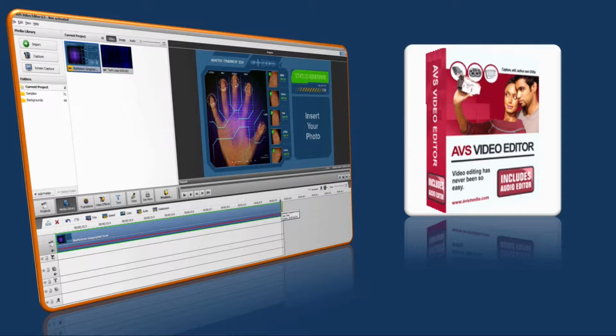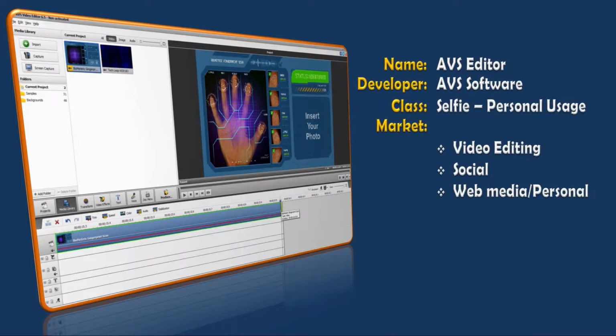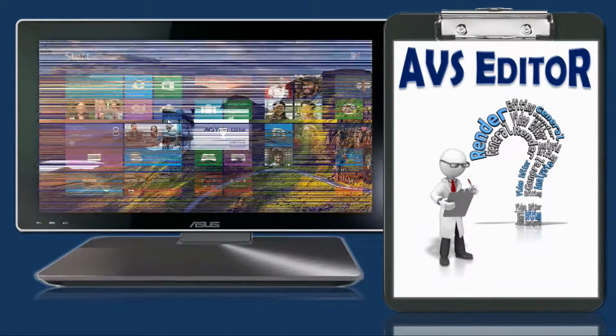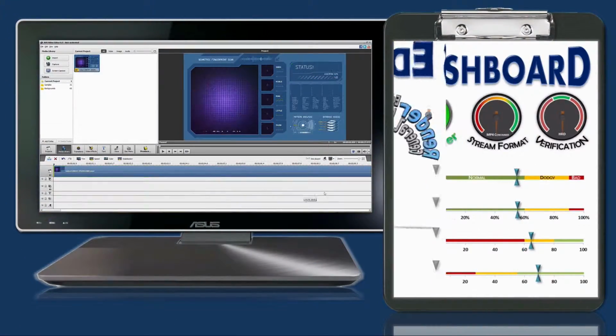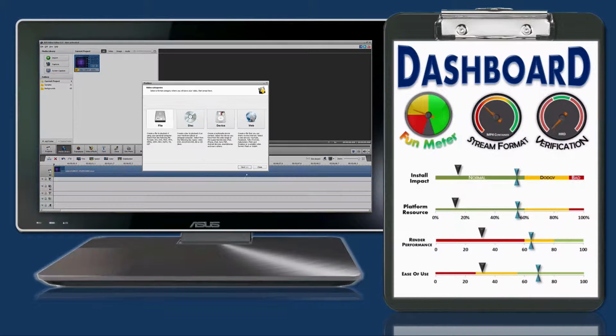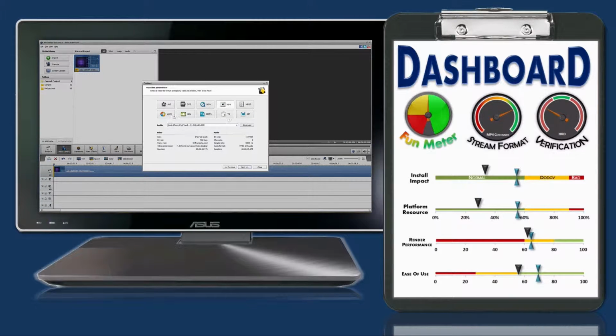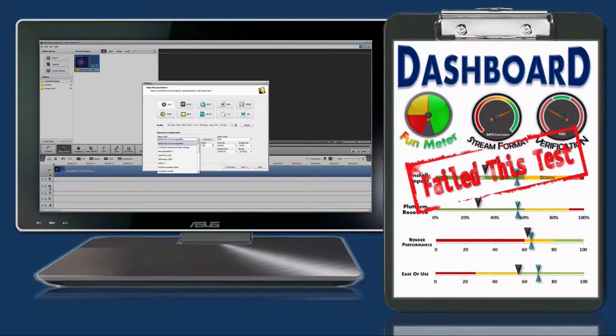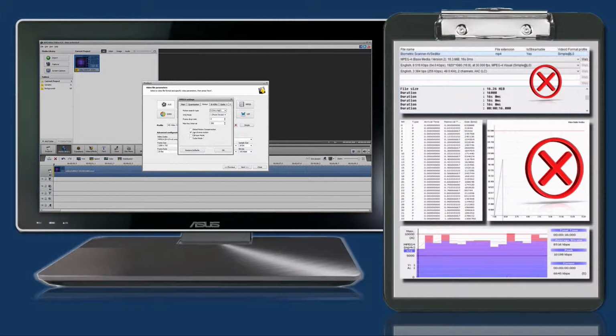The next editor is AVS Video Editor from AVS. I can understand why some people will be attracted to this video editor because it does look nice. It's got a stylish interface and it's got some nice little widgets. But when it came to actually doing the presets for the MPEG-4 file, I found it somewhat wanting and also